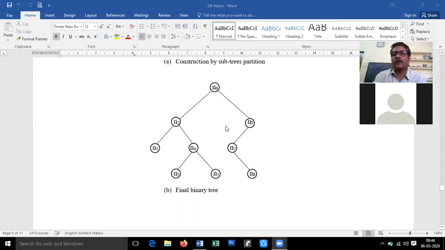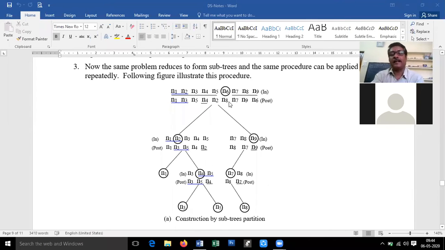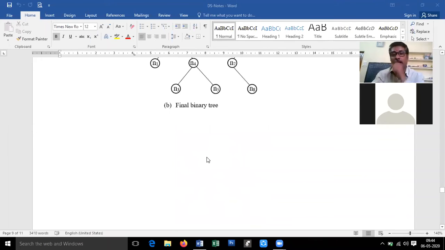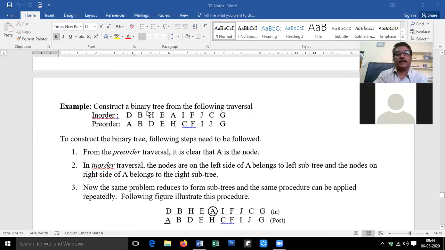Okay, I'll come back to the same thing that I explained on the board. See, this is N1, N2. The same thing I did here. Once again, we'll repeat here. That example I discussed already. I showed you this regarding N6 being a root, and this is already explained. And the last example which I explained on the board was this one: D, B, H, E. This was the example. So here I did the same thing.